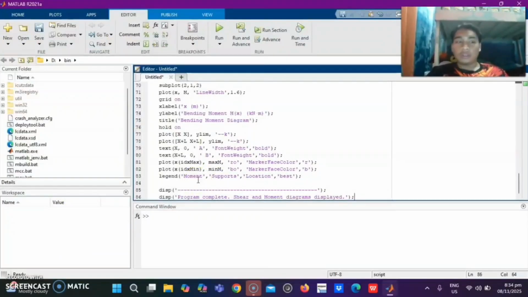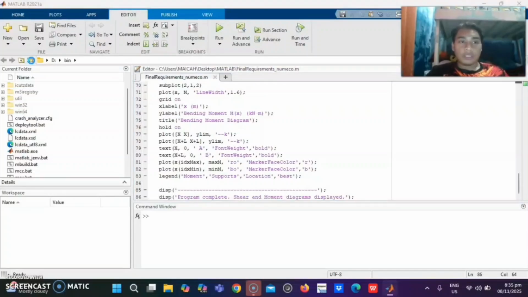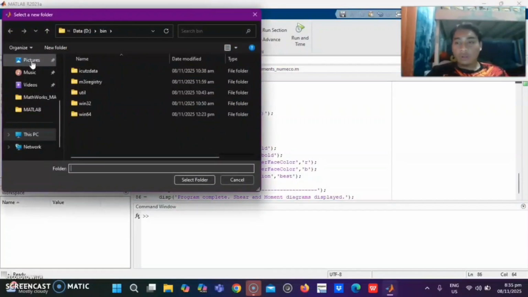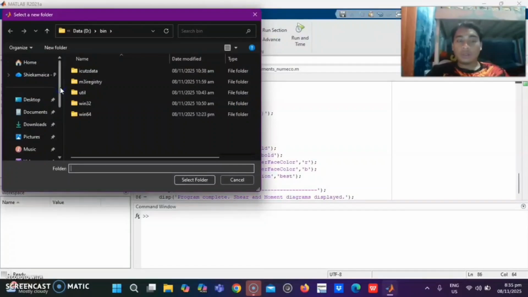So after saving that, we have to locate the folder again. But in this case, we have to locate this button here, which is browse for folder. So again, press that and go back to the folder where you saved the script.